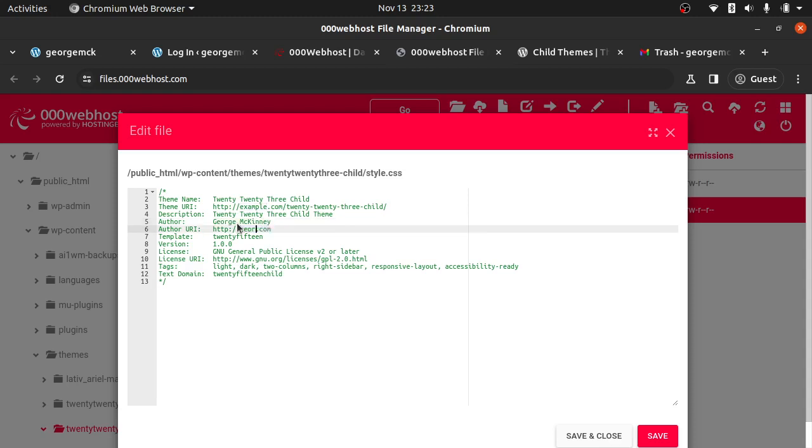My personal website, it's also WordPress. And now the template. The template is actually the name of the parent, 2023, and 1.0 is fine. Okay, and here's for the 2023 child. Now I'm going to save and close,